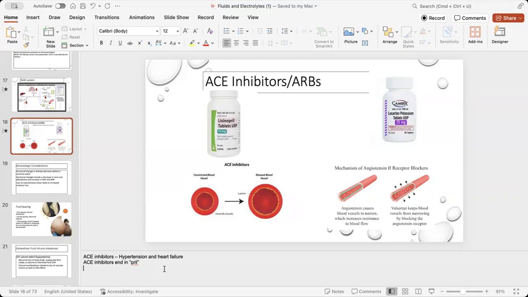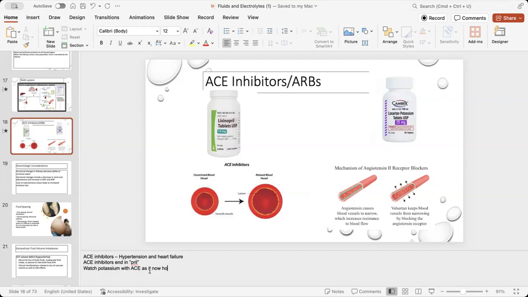All right, blocks ACE, blocks angiotensin 2, also blocks aldosterone. Okay? So getting rid of sodium, getting rid of water, but what else will it hold on to now? Potassium. Okay? So we need to watch our potassium level when a patient is on a prill, right? Because it's going to get rid of that sodium and water, again decreasing blood volume, but it's going to hold on to that potassium. So you need to make sure you monitor that.